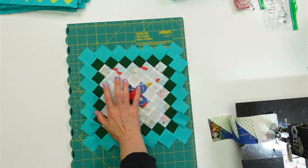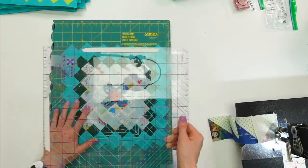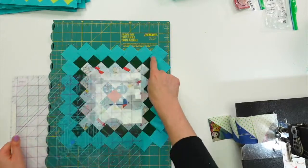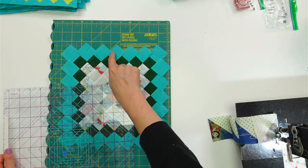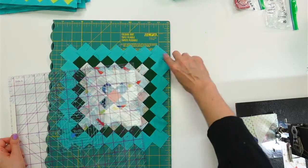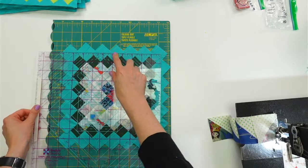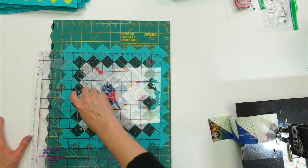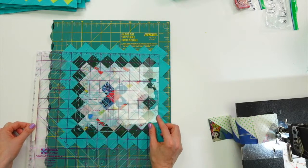So last up is we need to just trim this. I have my ruler here. We're going to trim it to 9 inches, I believe, if I remember correctly. What we want to do is put the ruler on these points that aim this way, and then right on top. So not these outer edges, but these little folds there. If I line them up at the top and the side here, then my 9-inch line on this ruler should be awfully close to the ones on these edges too, but they are